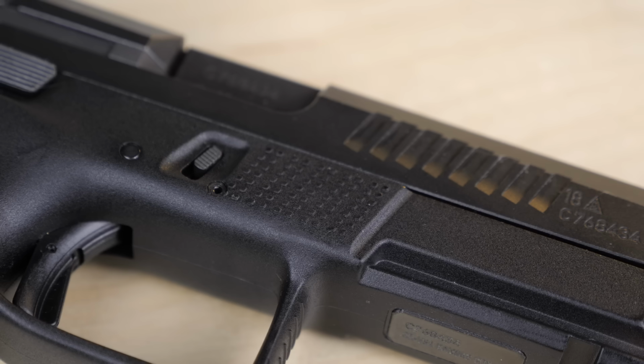My buddy Taryn Butler calls this, if you have stippling right here along the left side of the frame, an accelerator cut. So this is a nice touch. You can just kind of hang your thumb there while you're shooting for your support hand. While we're on the subject of grippiness,